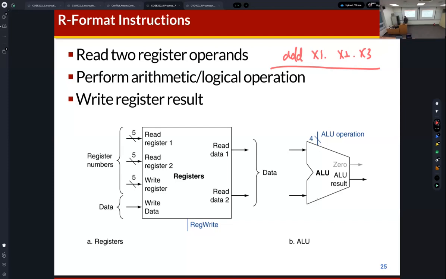So R type instruction uses 3 register operands, right? RS1, RS2, and then RD. And then we know that this instruction requires read operands from registers, 2 read operands actually. So which means that we need to read 2 register data from register file, and we need to store